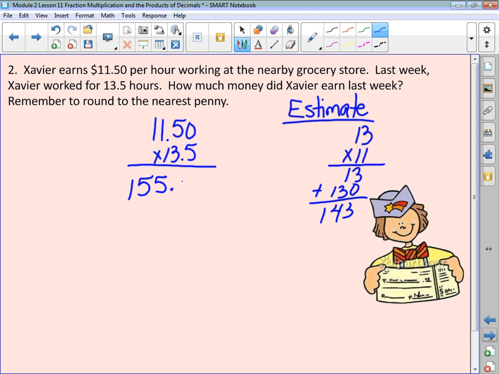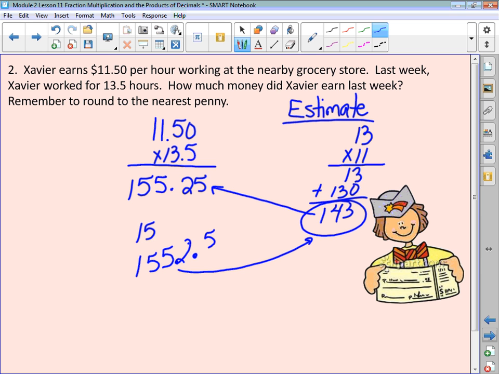155 and 25 hundredths. Are those in the same ballpark? Yes. If your answer was 15, that's a signal that your decimal is in the wrong spot. If your answer was 1,552, that's a signal that your decimal's in the wrong spot. So estimating just helps you realize if your decimal is in the wrong spot, because these are not close